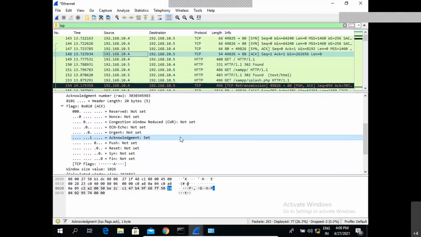In the third communication, again from the client to the server, I'm setting the acknowledgement packet set to 1. Now you can see in the flag section, all the respective flags are being set. So once this TCP three-way handshake is set, based on the flags, the system will also understand what kind of packet has been sent. So SYN, SYN-ACK, and ACK.